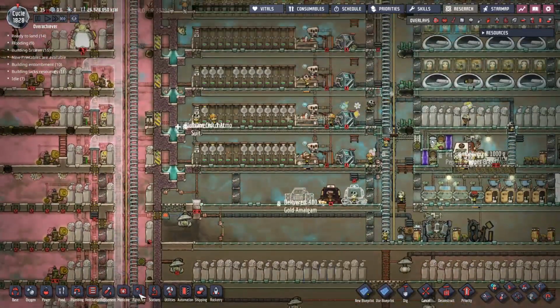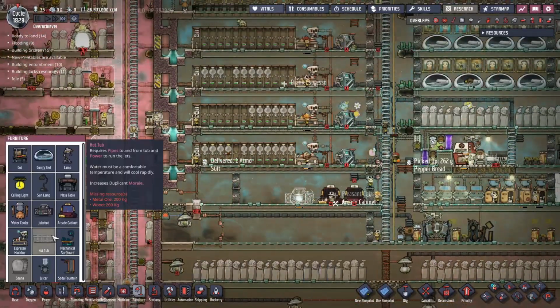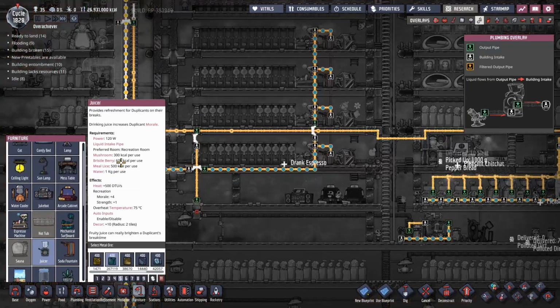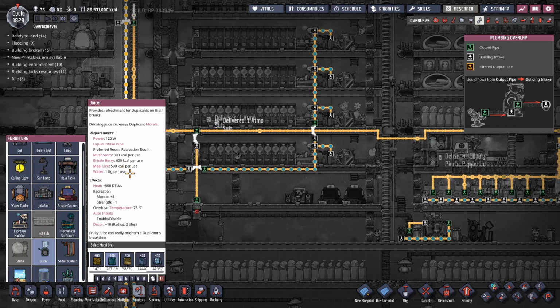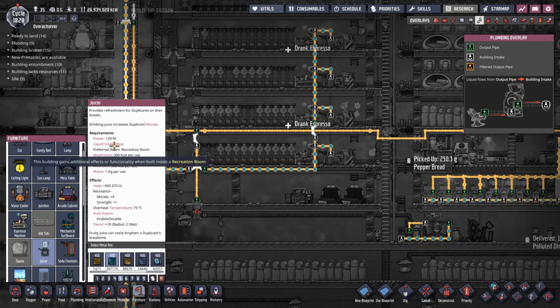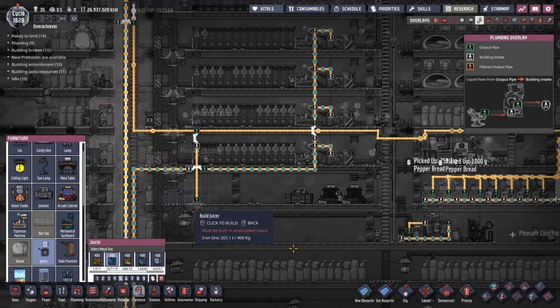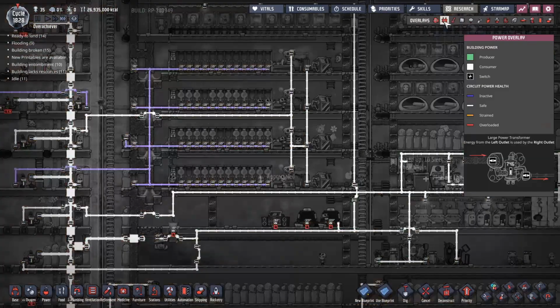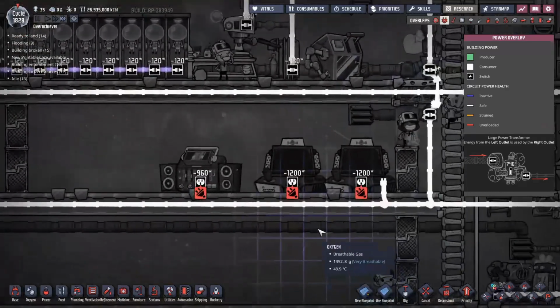I'm also going to need to grow several crops, it seems, looking at these things. Where was it? The juicer. The juicer is going to require me to grow mushrooms, bristleberry, and meal lice. For the love of all that is holy, it also has a liquid intake pipe for water. That's going to be a lot of work. So yeah, well, I'll queue up all of those in the background. Wow. Okay, I'm going to need